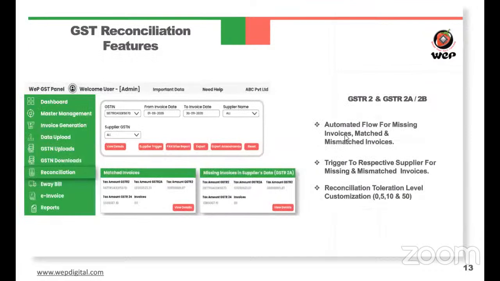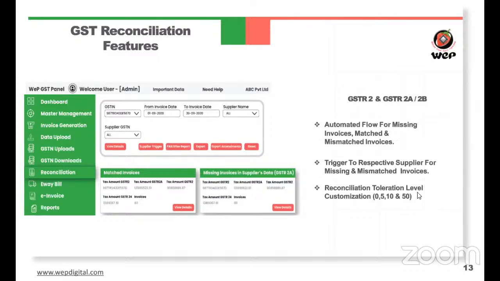Now coming to the most important feature of the platform, which is the most demanding, the GST reconciliation and features. First we have the GSTR2 and 2A reconciliation. GSTR2 is your inward data and 2A is your inward supply data.